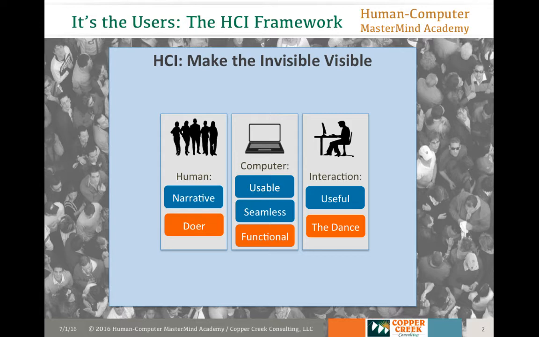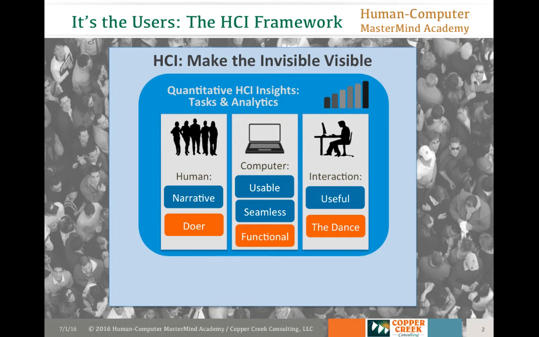So, those are the 3 realms of human, computer, and how humans and computers interact. But there's more, because we recognize that all of those interactions between people, users, and their little panels of glass are essentially invisible. This is all happening 24/7 right now for you and everyone else, but we can't see it. And so a big part of really making all of this work for your audience and for you is we have to make it visible. And so there's a variety of methods for doing that. And we'll cover these in some detail as I go through this particular section of the workshop.